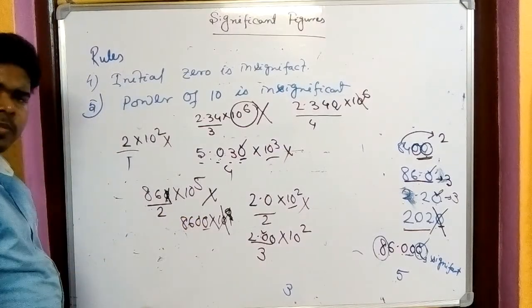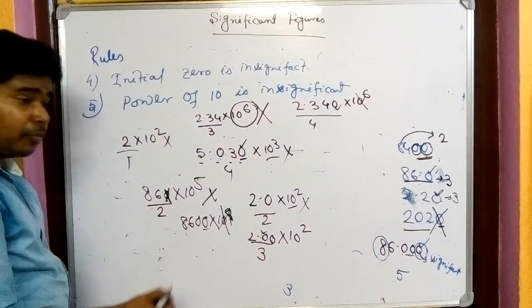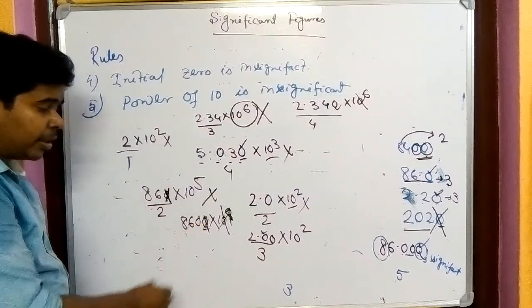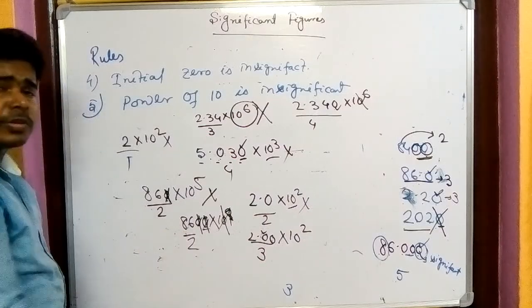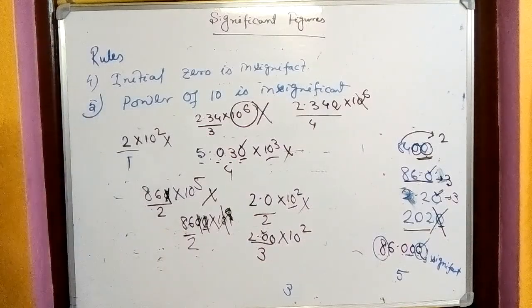But there is no decimal point. It is not after or before the decimal. It is insignificant. As it is insignificant, this is also insignificant. So here also the number of significant figures is 2. Okay, so if you see the steps, it is very easy. These 5 rules you have to remember. If you remember these 5 rules, there should not be any problem in doing any problem